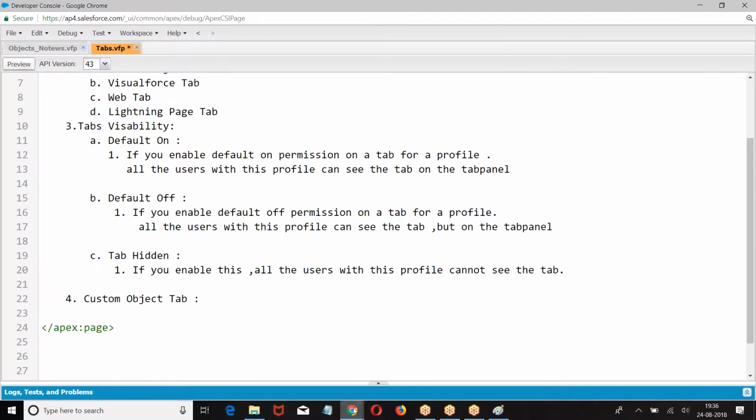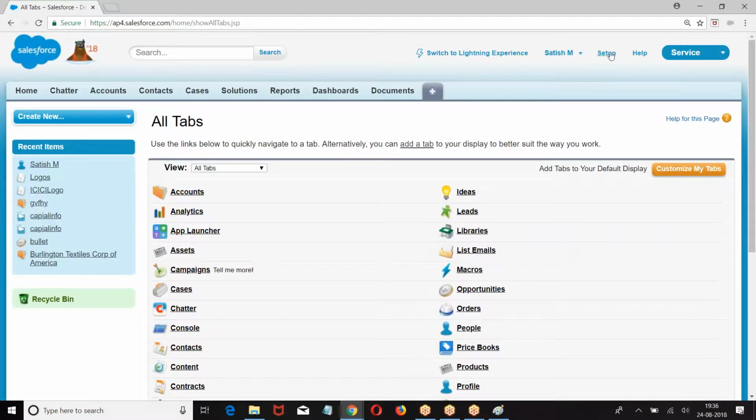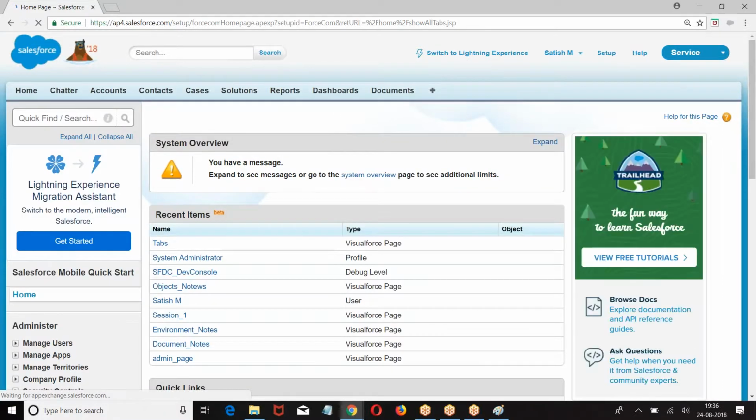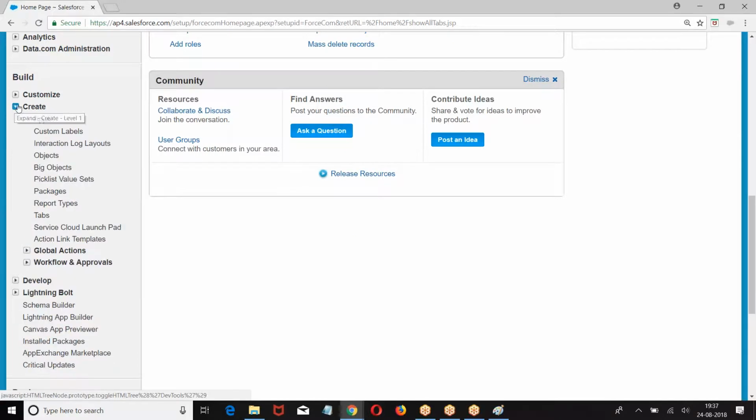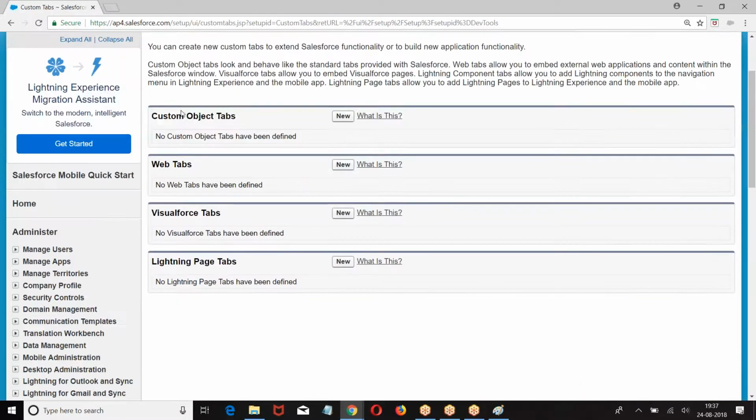So first let me show how to create a tab. Look at this. Setup, Build, Create, Tabs, custom object tabs.